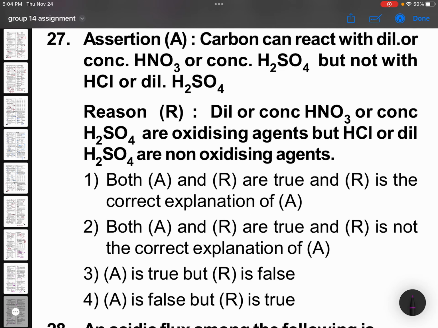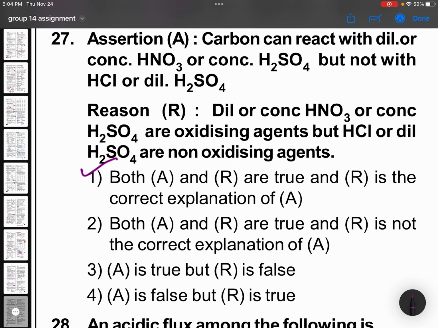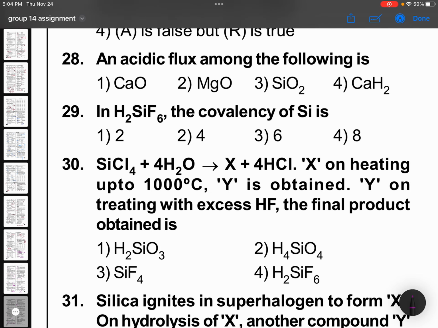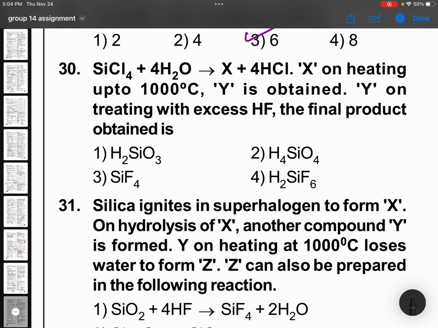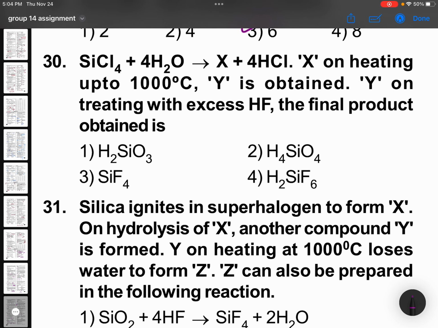Assertion: carbon can react with dilute or concentrated HNO3 or concentrated H2SO4 but not with HCl or dilute H2SO4. Looking correct. Exactly. An acidic flux among the following is SiO2. In H2SiF6 the covalency of silicon must be 6. SiCl4 plus 4H2O gives Si(OH)4. Si(OH)4 on heating gives SiO2. SiO2 on treating with excess HF forms H2SiF6,